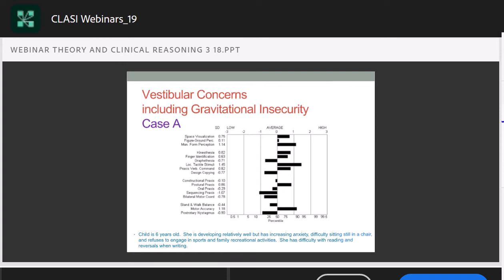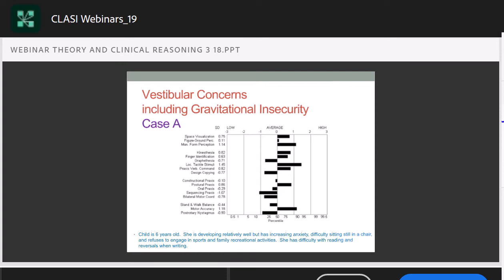In fact, many of them are quite good. But you see some of them reach below average, or sequencing praxis is below the average range. And we don't have all the data here because, of course, I don't only use the SIPT, but what I'm showing you here is a pattern that leads me to believe that this child has a vestibular bilateral integration deficit,